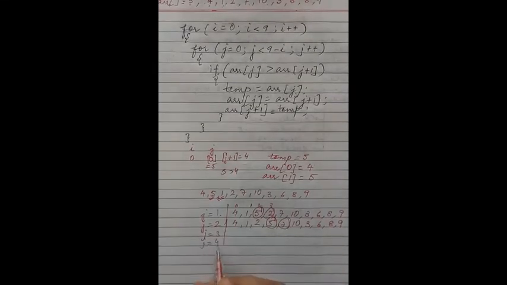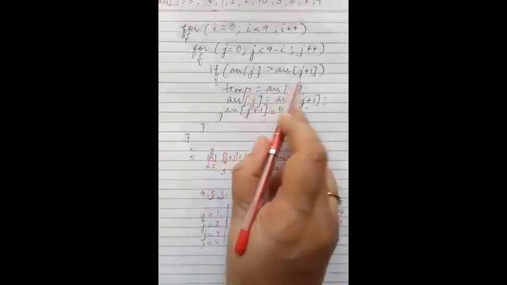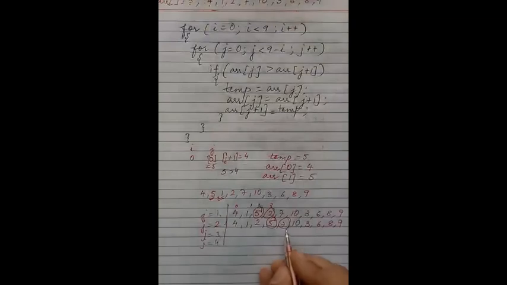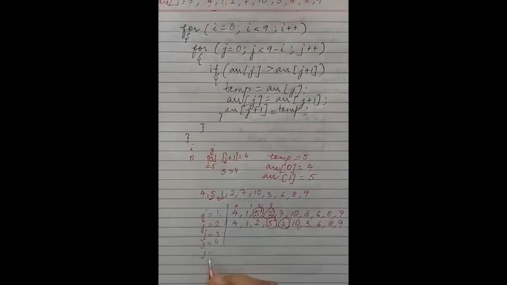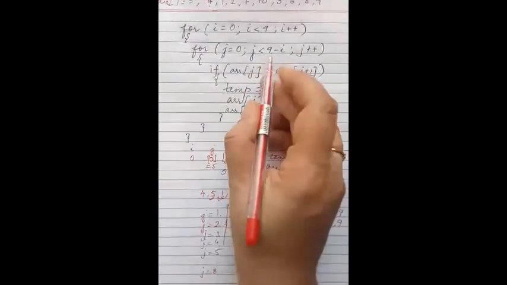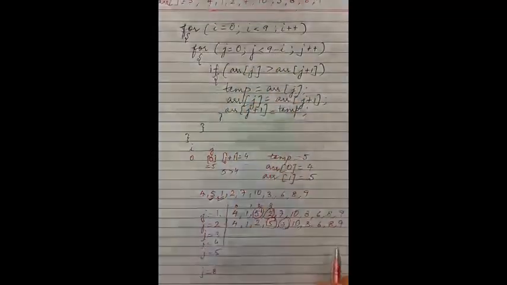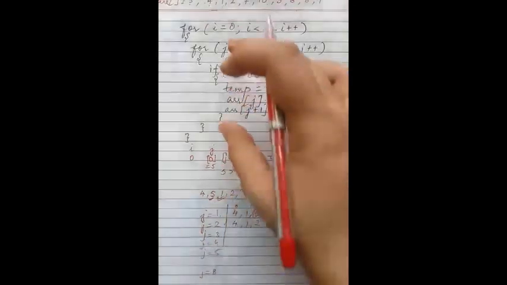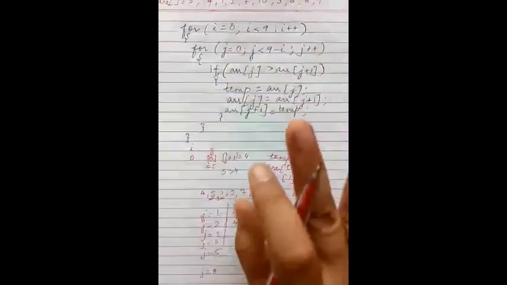देन J इक्वल्स टू 4. जब ये फॉल्स हो जाता है तो कोई चेंज नहीं होता है, J सिंपली इंक्रीमेंट हो जाता है. व्हेन J इक्वल्स टू 4 तो 4 एंड 5 वाले एलिमेंट्स कंपेयर होंगे, नो चेंजेस. देन J इक्वल्स टू 5 एंड 6 वाले एलिमेंट्स कंपेयर होंगे दिस वे. व्हेन J इक्वल्स टू 8 तो 8 एंड 9 वाले एलिमेंट्स कंपेयर होंगे. समझ में आ गया? आफ्टर दिस J लूप इज एग्जीक्यूटेड 9 टाइम्स.